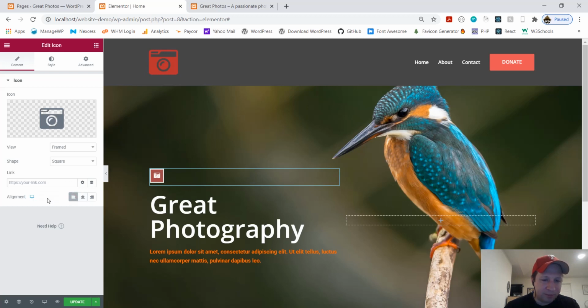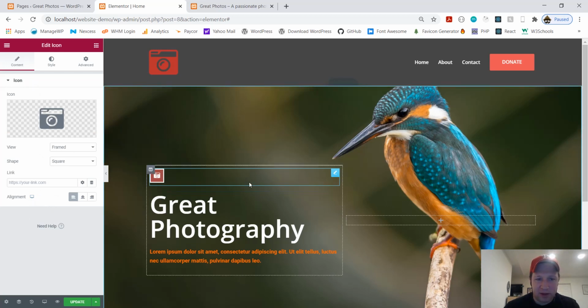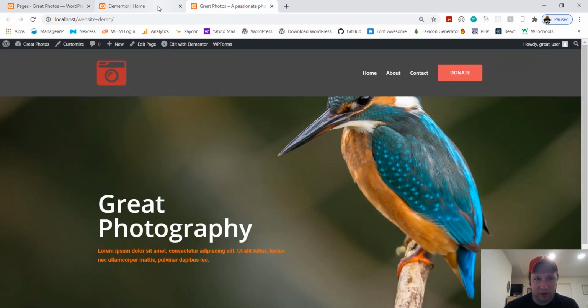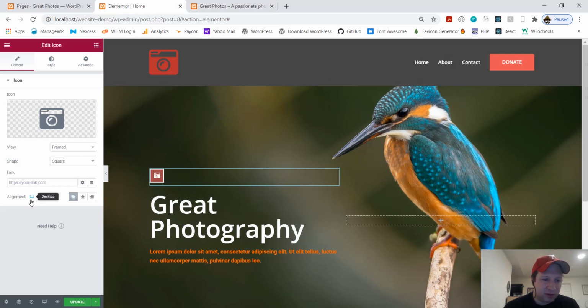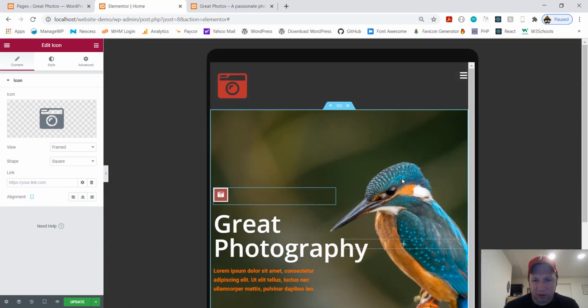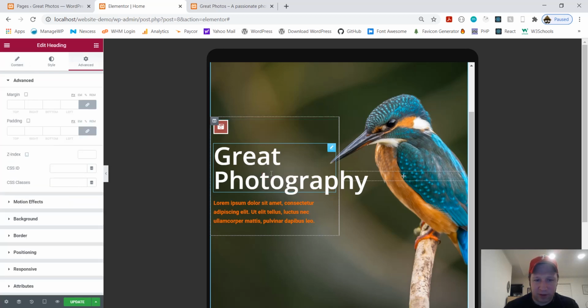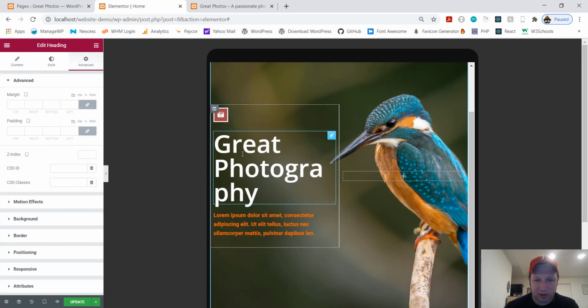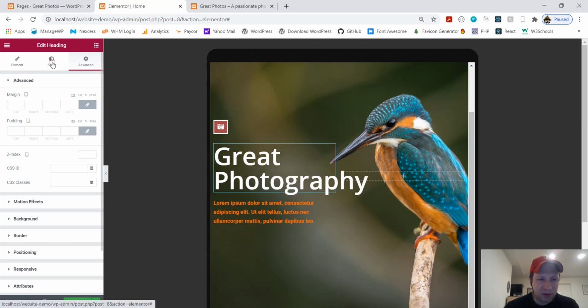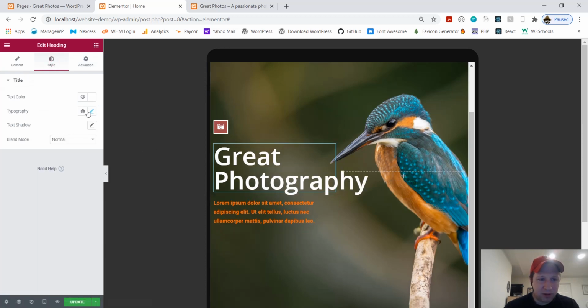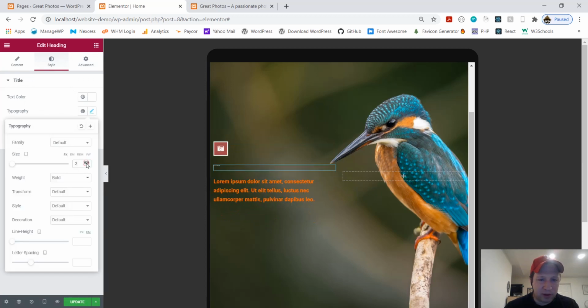One other thing I want to show you real quick. Now, this is getting a little advanced, but basically, this is what it would look like on a desktop, which is this, right? You'll notice these little square things here next to some of the elements that you can change. If you click that, you can click tablet, and now Elementor shows you what your website's going to look like on a tablet. Now, you can't change everything, but you can change some things. Like, for example, this great photography. See how the size of it is a little bit big for a tablet? So I'm going to change the typography, make that just a little bit smaller.